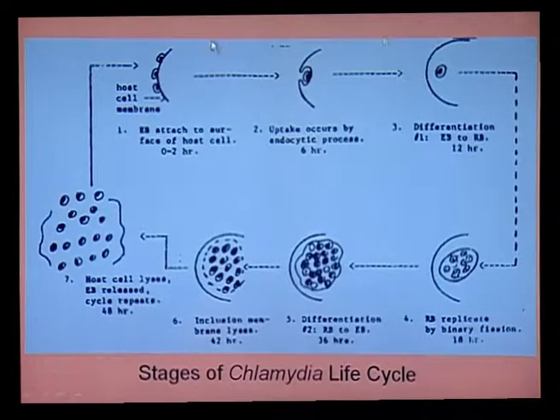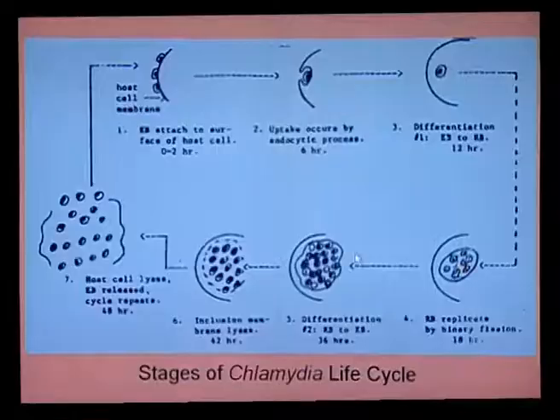Then finally the elementary body is transformed into the reticulate body, which causes infection, and it undergoes division. They are typically vesiculated, so they are not easily acted upon by phagocytosis or other defense mechanisms. Then this vesicle enlarges inside the host cell, and finally they come out of the host cell into the outer environment, either inside the body or outside the body. This is how they complete their life cycle between elementary and reticulate body.